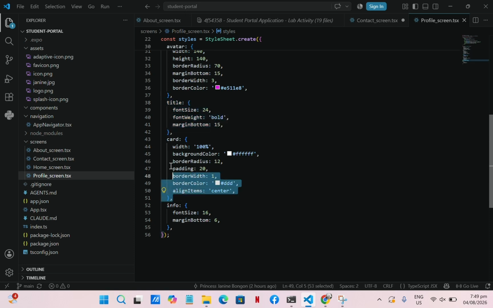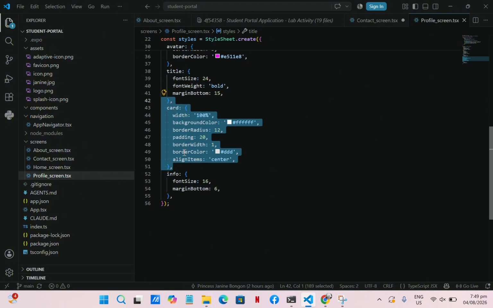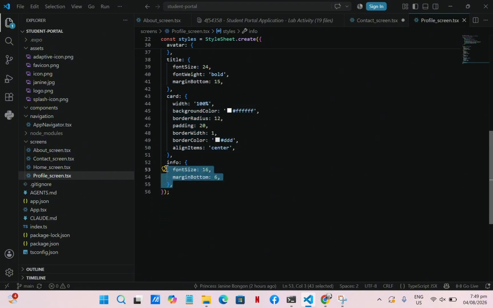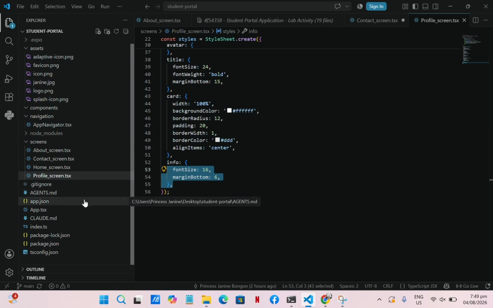We have here the card. It styles the info box with full width, white background, rounded corners, padding, light border, and centered text. And then we have here the info. It adds a small spacing between each info line so that they don't feel too close to each other or cramped. Lastly would be the